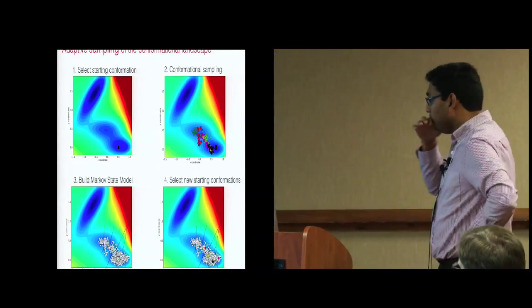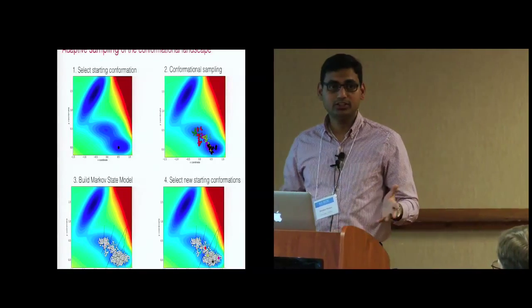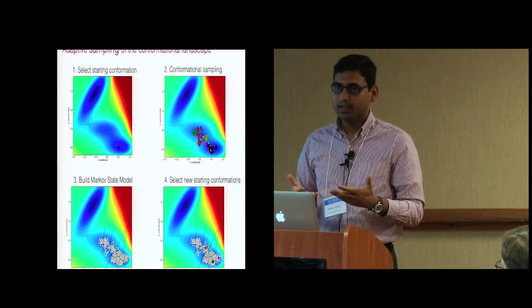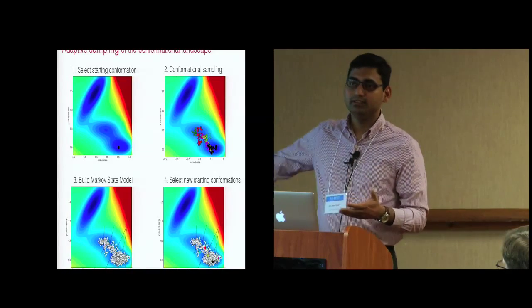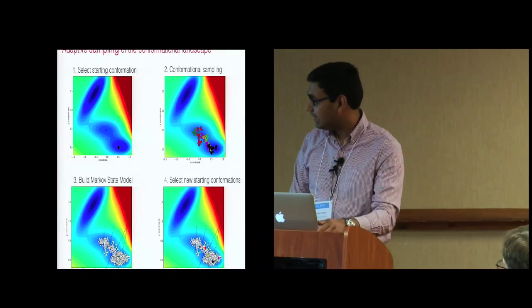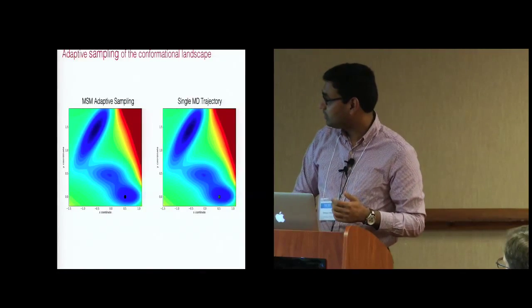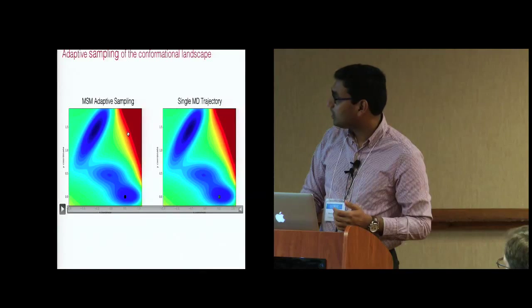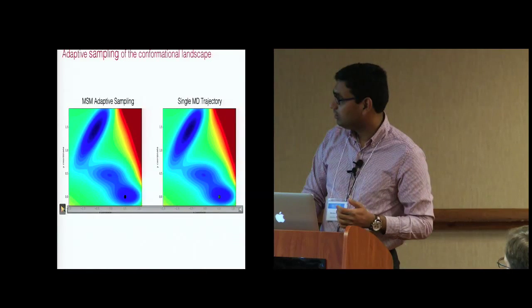What I'm doing on Blue Waters is that we have our own little script that runs through these calculations on Blue Waters, and then we update it. We do a clustering and build a Markov model over a night, and then it just runs over and over again, and then you can fill in the entire landscape. And I'll just show you a very simple picture, a little video of this process. So this is what we are doing, and this is what a standard MD trajectory would look like.